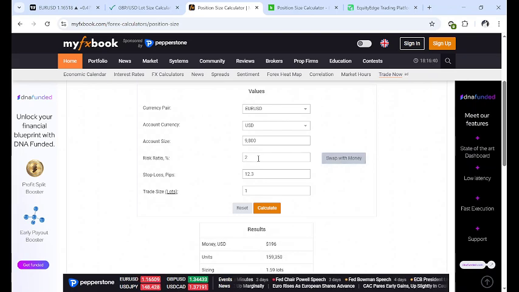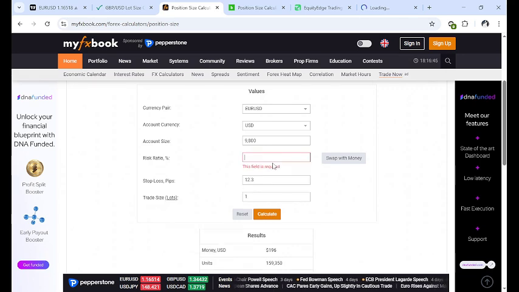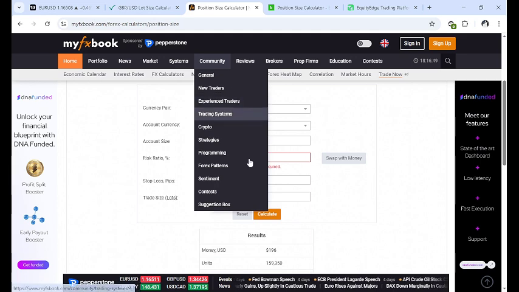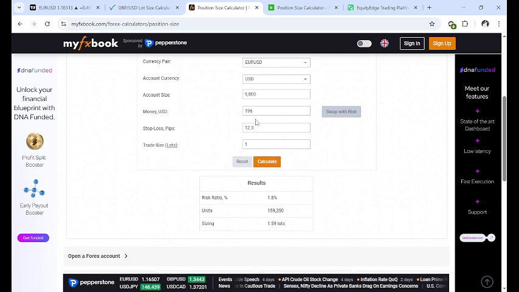So let's go back. If I wanted to risk 1.8, sorry for that, I don't know why it keeps misbehaving. If I want to risk 1.8, then I swap it with money. You can see the lot size is this. If I want to risk $100 only, now that I'm fearful, so if I press calculate, my lot size changes to